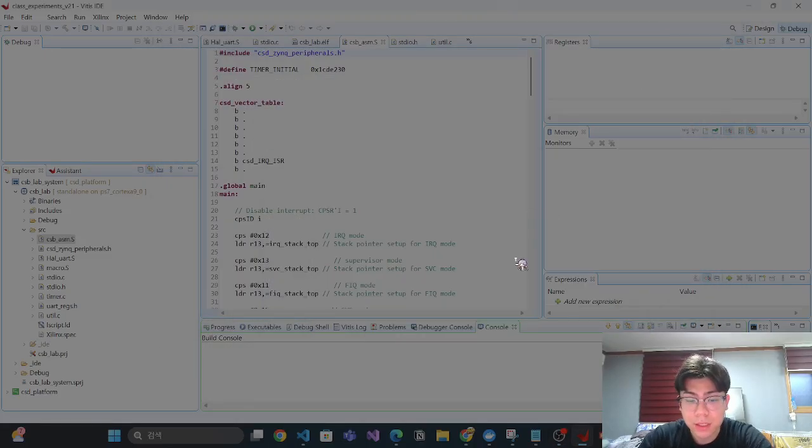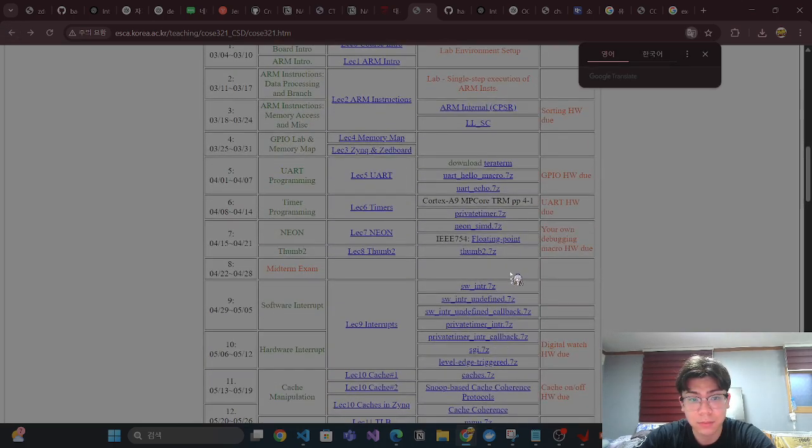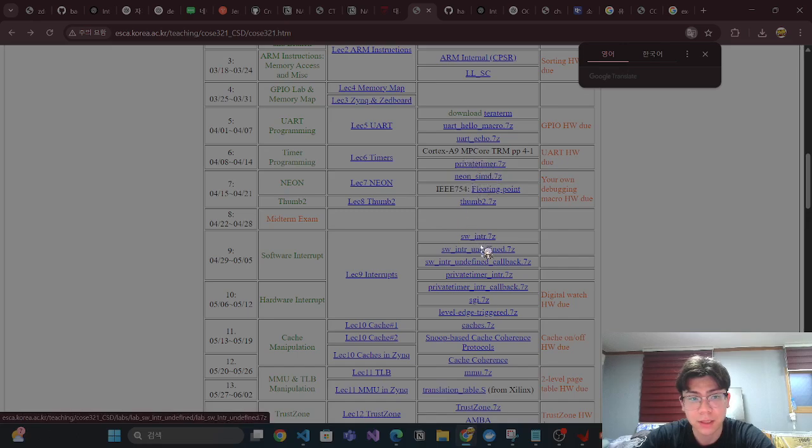Hi, this is the fifth assignment of computer system design. In this assignment, what we need to do is implement the digital timer and print it to the UART port. On the class website, the private timer is already implemented, along with how to initialize the private timer and how to register